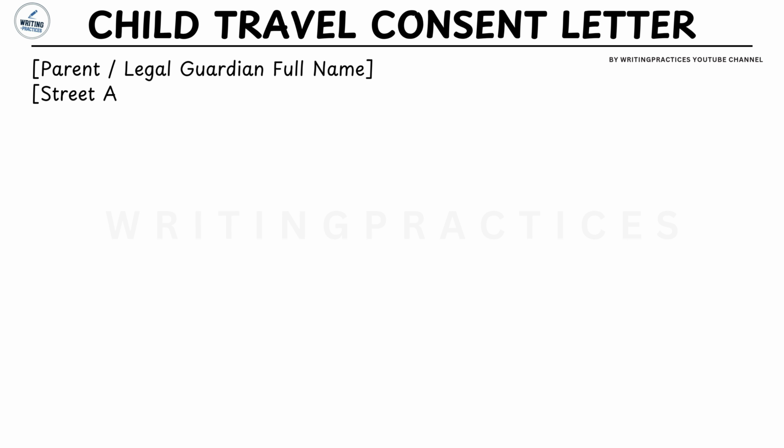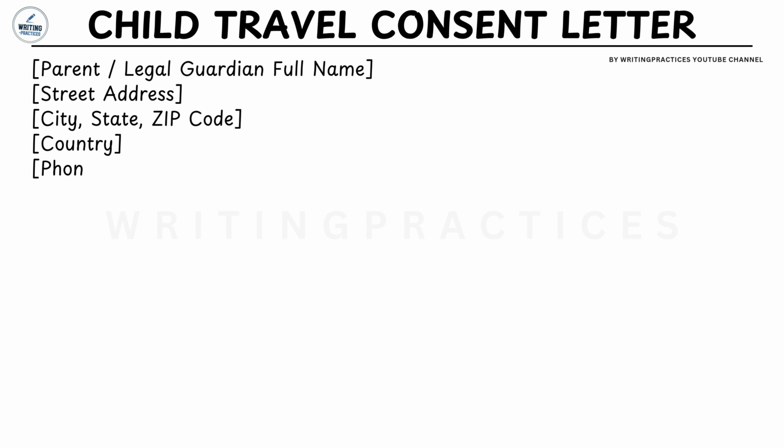A child travel consent letter can be one of the most important travel documents for a minor, because if it is missing, incomplete, or written improperly, the child may be denied boarding, delayed by immigration officers, refused entry at the destination country, or face serious travel complications, especially when traveling internationally without both parents present. Many airlines and border authorities require clear written parental authorization to help prevent child abduction disputes, custody issues, or unauthorized international travel involving minors. This letter is your opportunity to provide clear legal consent, verify travel authorization, and ensure the child's trip proceeds smoothly and without unnecessary delays.